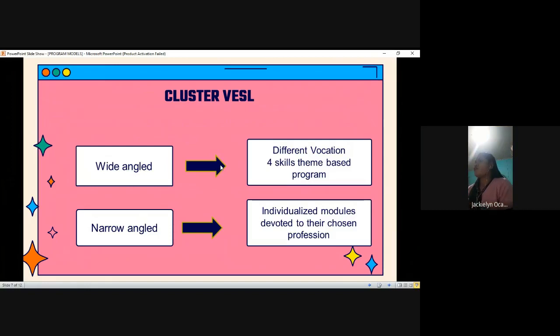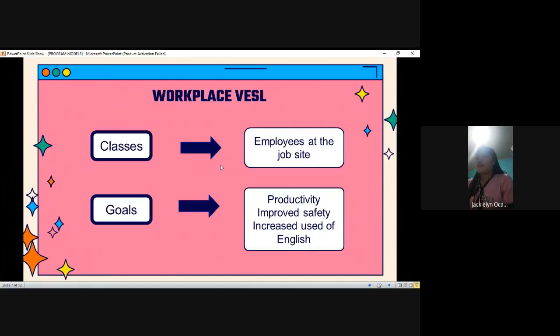The students work on the four skills, which are listening, speaking, reading, and writing. In this cluster VESL, students learn English for their career goals. In the semester-long VESL class, the student will continue learning English, but in the context of the career field he chooses. And the fourth is